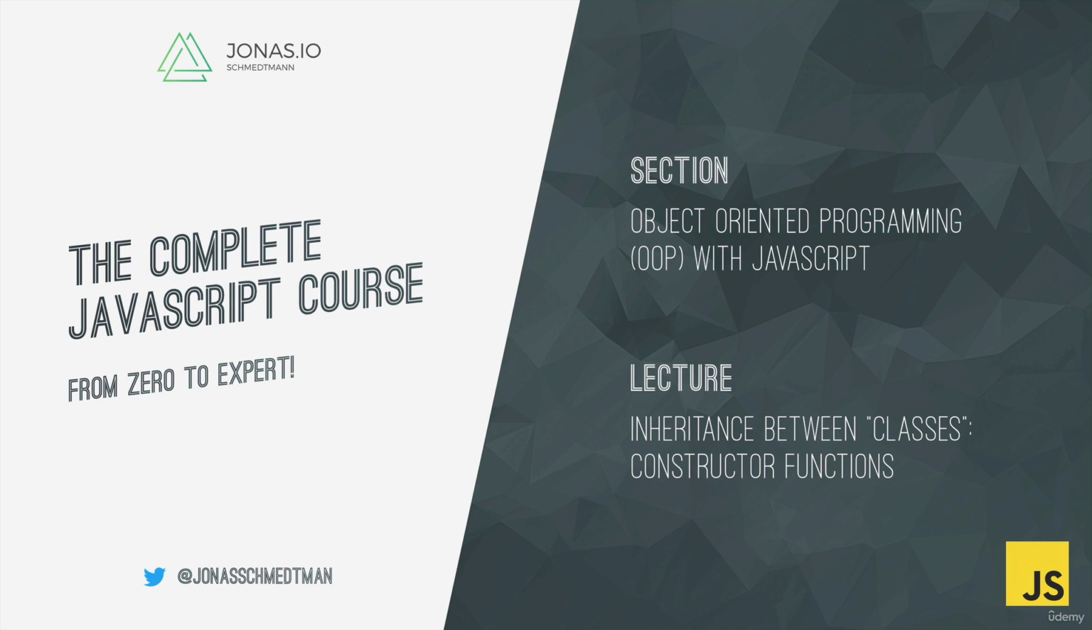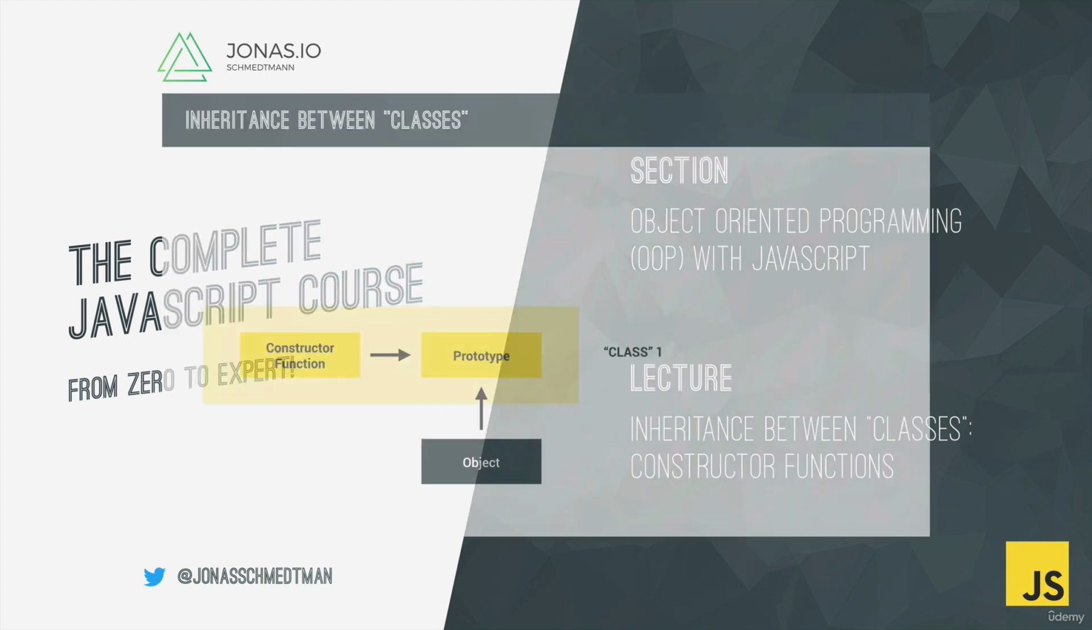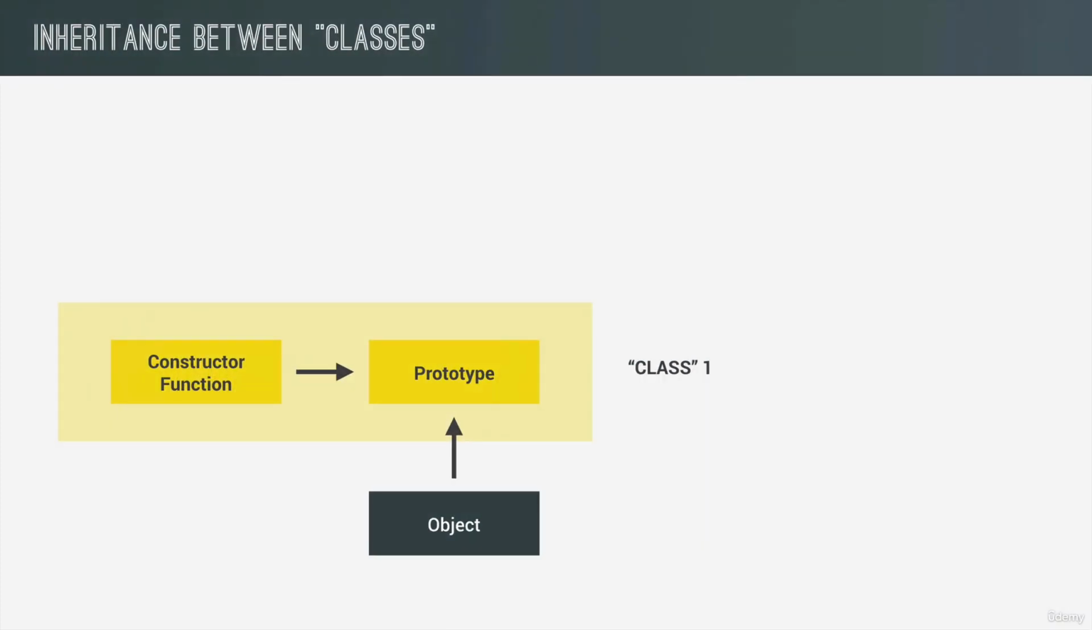So over the last couple of lectures, we explored how prototypal inheritance works in JavaScript, and we did that using a couple of different techniques. So we used constructor functions, ES6 classes, and object.create. Now, all of these techniques basically allow objects to inherit methods from its prototype,